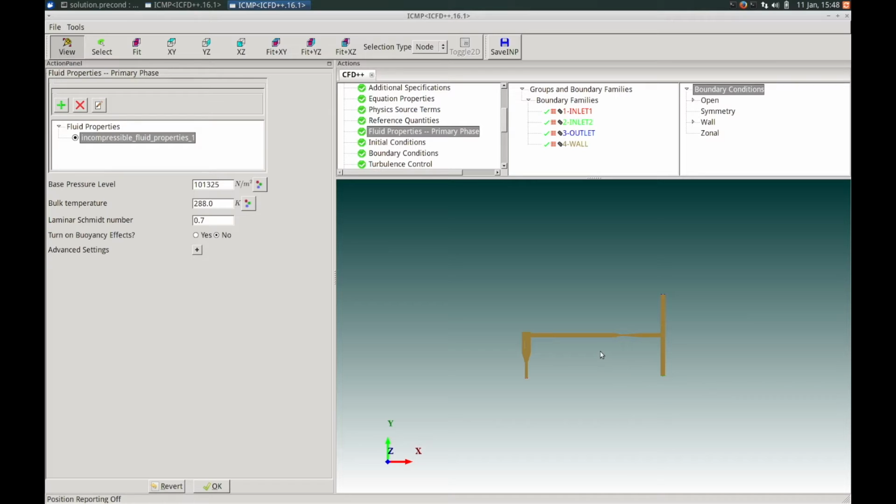You can rotate the three-dimensional view of the geometry by moving the cursor to the canvas and then holding down the left mouse button while simultaneously moving the mouse. You can see that the 3D view changes as I move the mouse about the screen. You can also perform a two-dimensional rotation about the screen axis by simultaneously holding down the right mouse button and moving the mouse left or right.